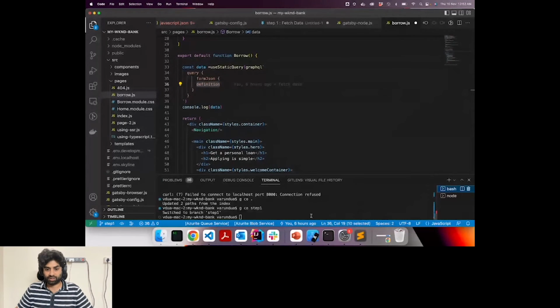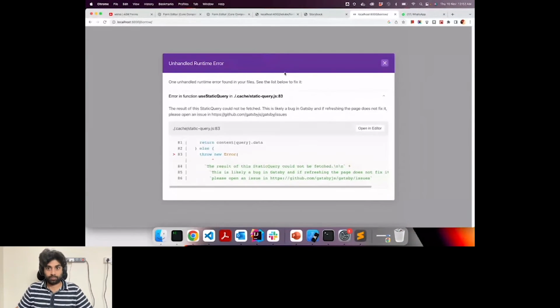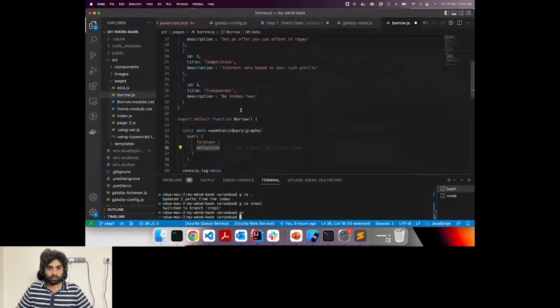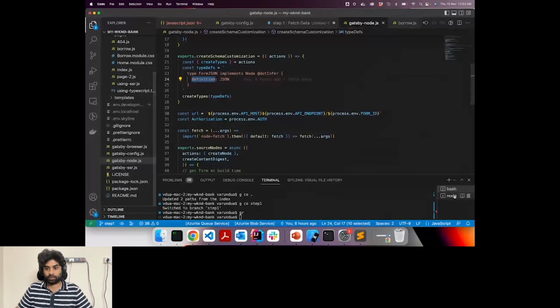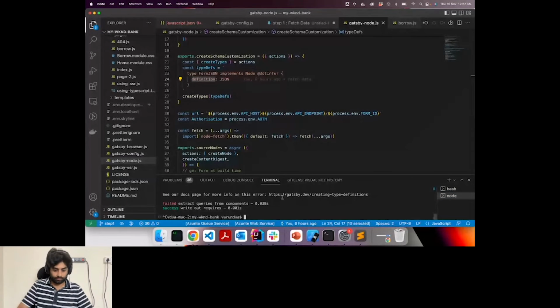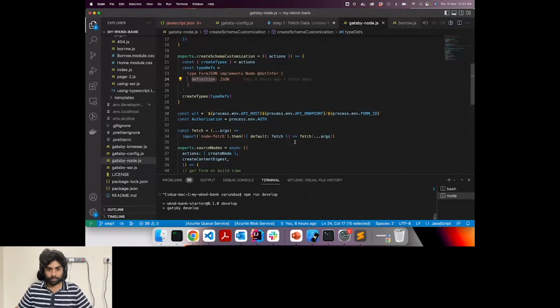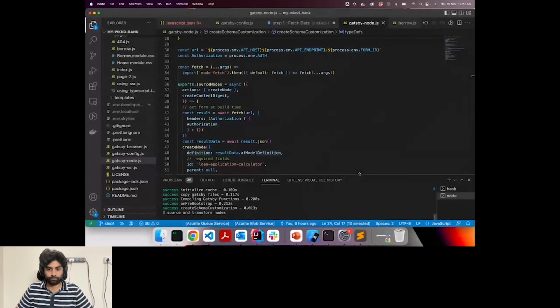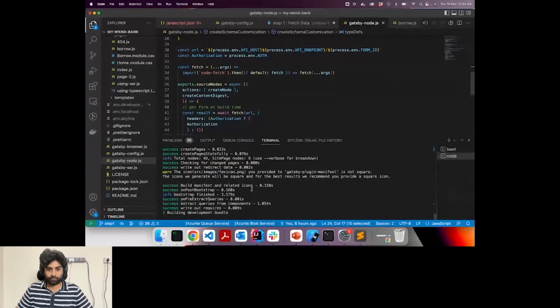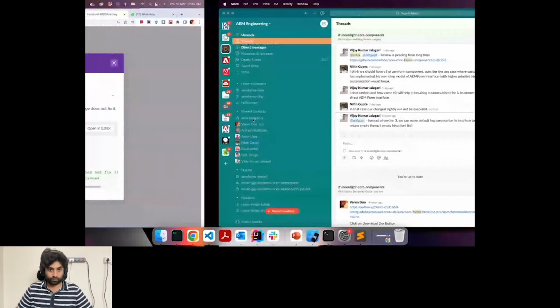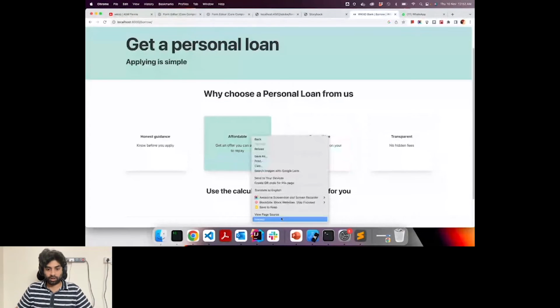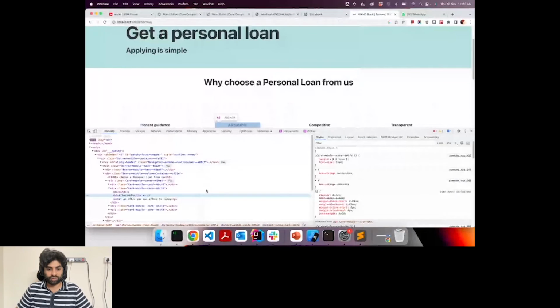I'll just refresh the page. So it's loading, and you can see currently nothing is visible because we have just logged the data.